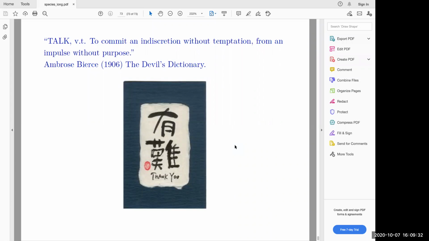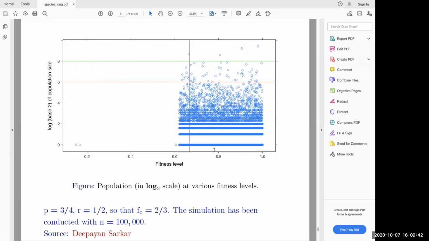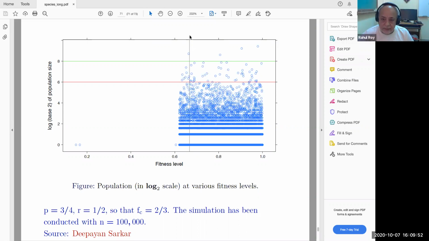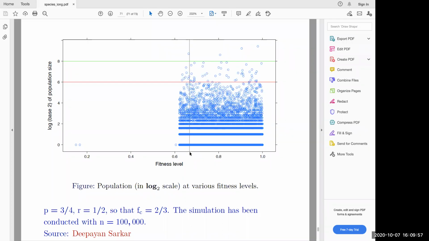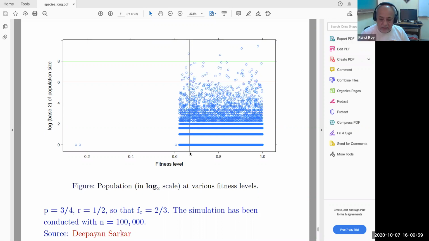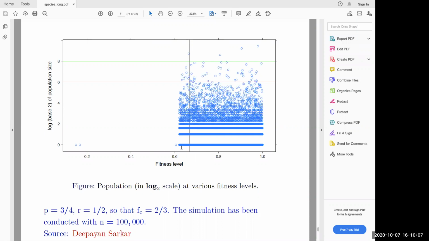So I have a very simple question. I didn't understand the figures you showed at the end. The first figure you showed at the end, what was it depicting? The previous one. Here, what is that? There is a blue almost line. It's a lot of circles, I believe, where the cursor is, right? So this is the FC. This line, can you see the cursor? Yeah. Oh, okay. That line is FC, that is 2/3. So this is where the population survives, and in this part, it's the null recurrent part.